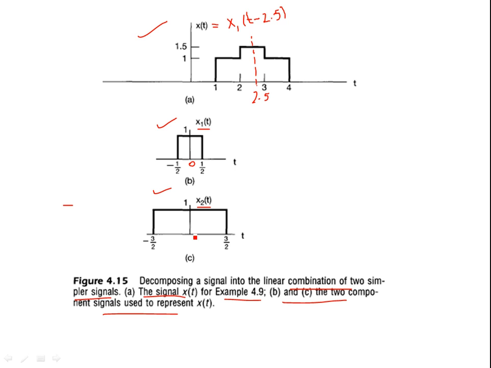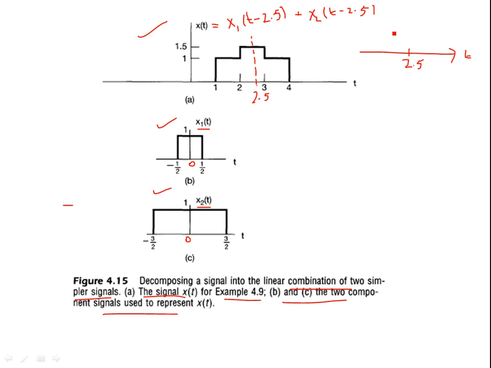Then what about the next one? Well, the next one is also shifted by the same amount. If I shift this origin to 2.5, then I have to add this. So this will be x2 of t minus 2.5. So let's see if we have this thing. You see, writing the expression means that on the time axis, if this is 2.5, then